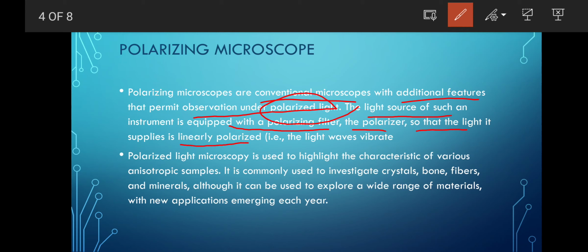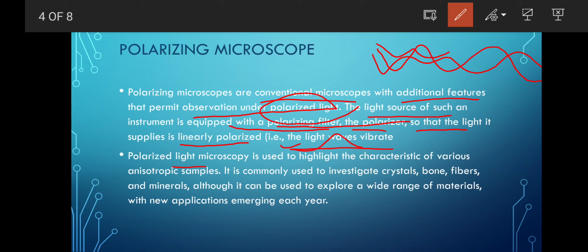It all works on this polarizing filter, and the light which passes through it has certain vibrations. This wavelength vibrates and gives us the image.